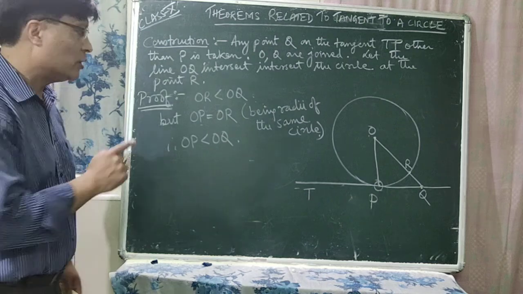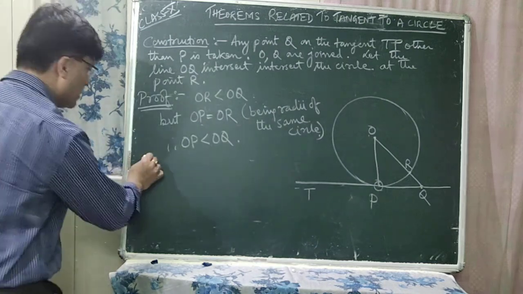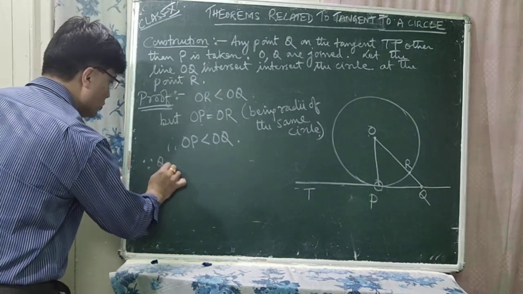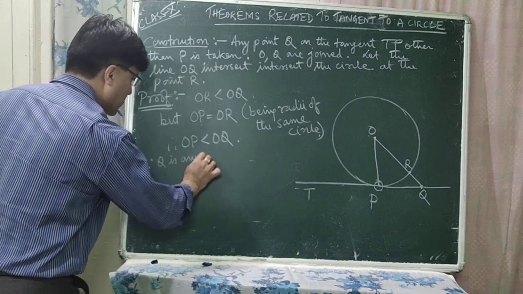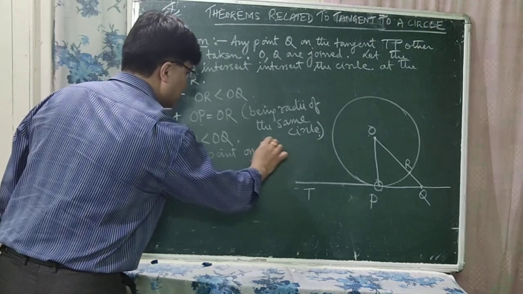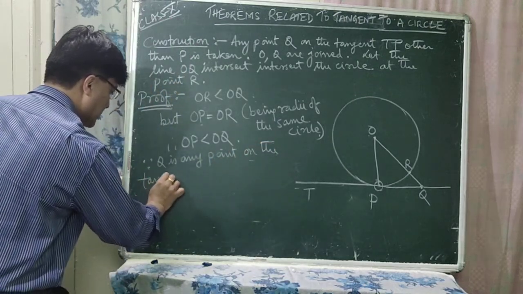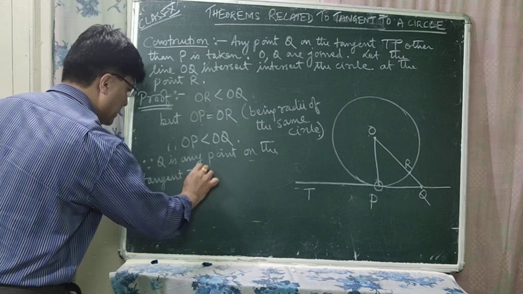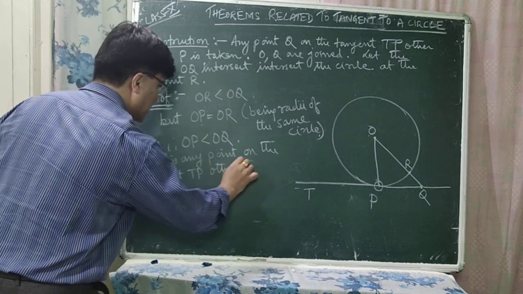Right? So we will write it here. Since Q is any point on the tangent TP other than P,